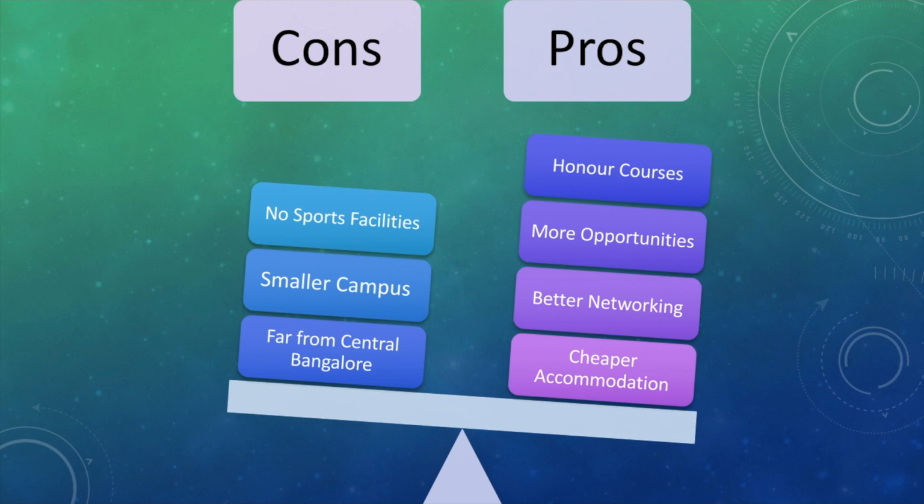So how sports are catered for Bannerghatta Road students is that they have their own teams: the boys basketball team, girls basketball team, boys badminton team, girls badminton team, and things like that. But to practice, they go to the main campus. Since the Bannerghatta Road campus starts from 8:30 a.m., all these teams meet up for practice earlier in the morning, which means that you go to the main campus at 6:30 and practice till like 7:30, 7:45,